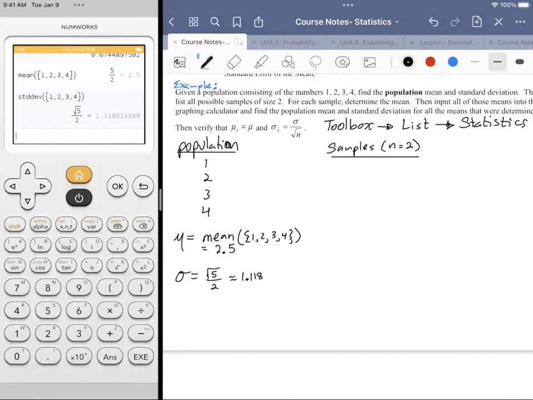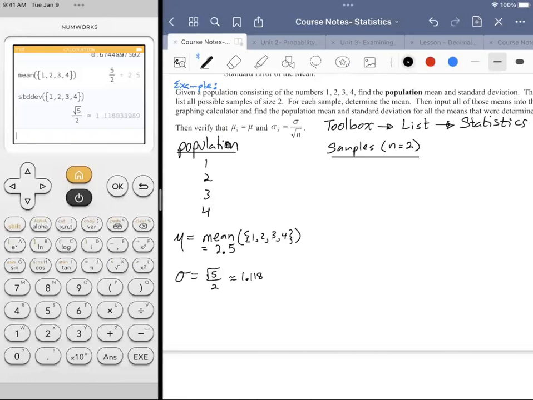So what we do is we think about any possible way we could pair one number with another number from that population. All right. The trick is, because it's a complete sample space, it's possible that you could have repetition, 1 and 1,